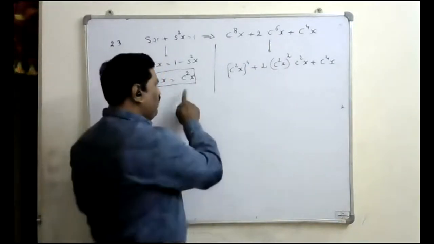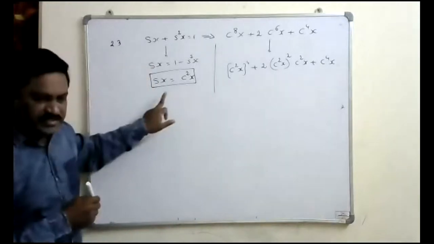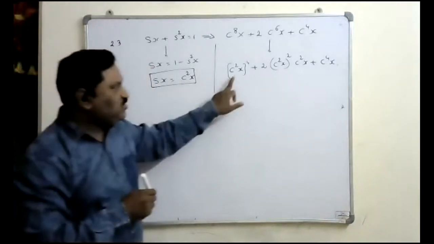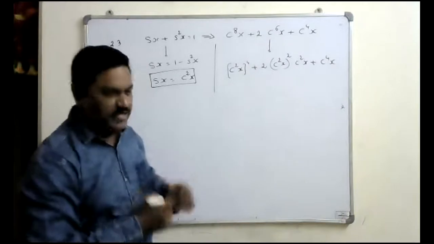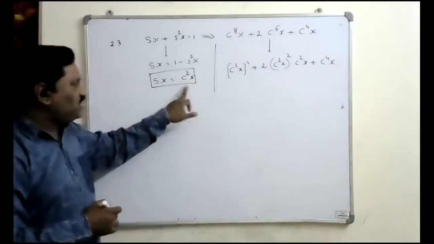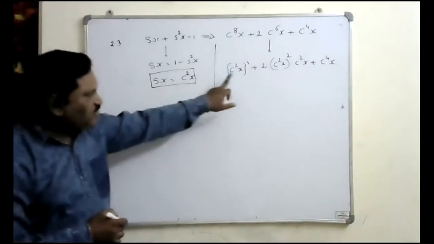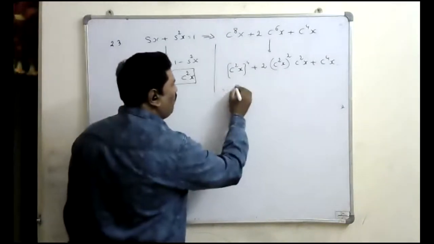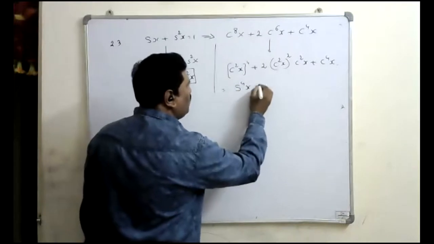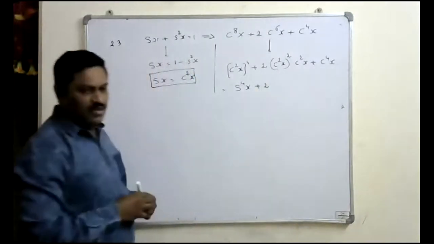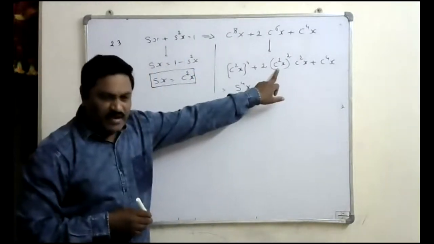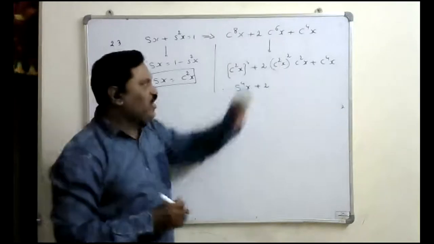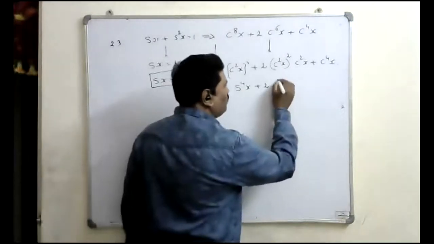Why? Because we know that cos square x value is sin x. That's why these terms we brought in terms of cos square x. Now we substitute that cos square x value is sin x. In the place of this cos square x, write down sin x. Now this becomes sin power 4x plus 2 times, here cos square x, I can write sin x whole square, that is sin square x cos square x